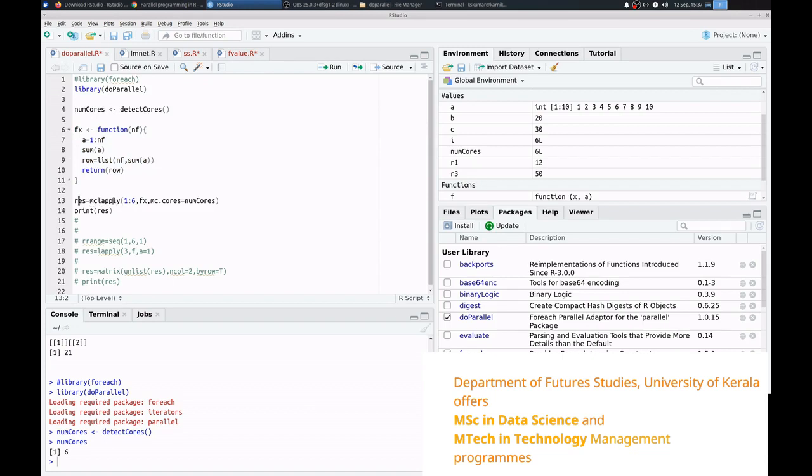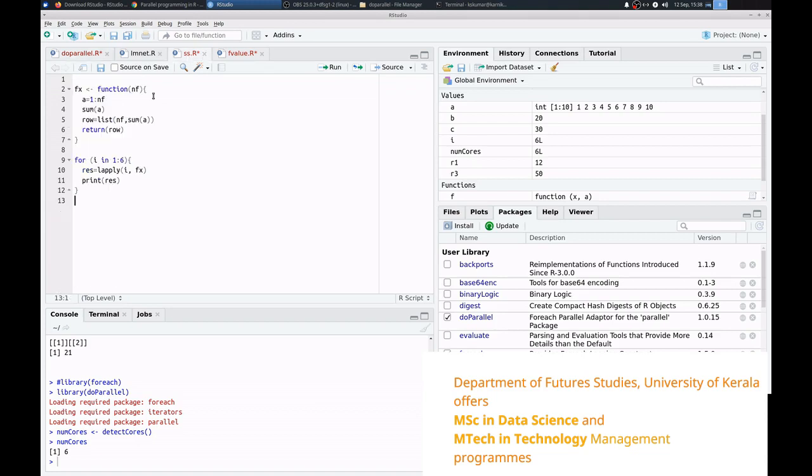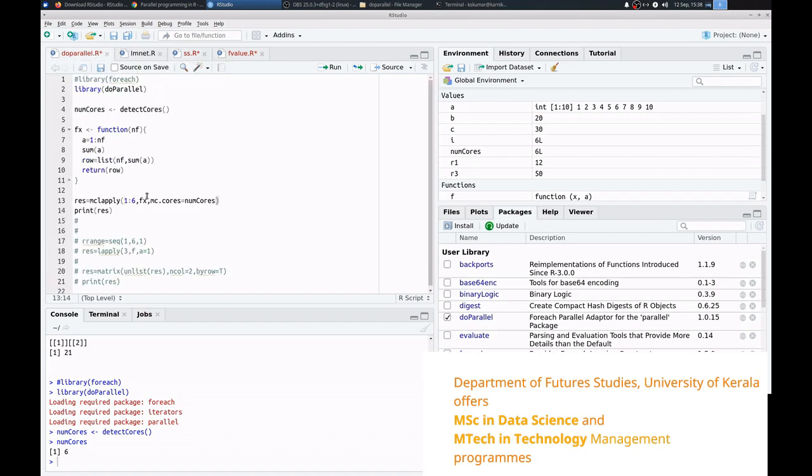That means multiple core lapply. Then I have to pass the variable, like here 1 to 6. In the serial code I used it within a for loop, so i will vary from 1 to 6. Instead, in doParallel I have to put it here, like 1 to 6.